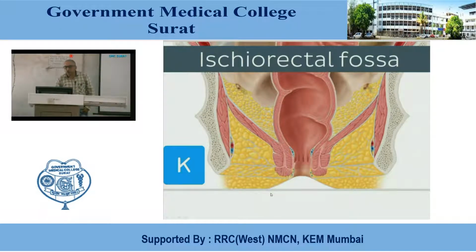Now for the ischiorectal fossa, our basic points of discussion are, first, the introduction, which I have just given, introducing the ischiorectal fossa as a wedge shaped space, and I explained the location also, on each side of the anus and the lower part of the rectum. Now we will go to the boundaries of the fossa. So this fossa is wedge shaped. Here you can see this is the lateral wall of the fossa. First you need to get the surrounding structures.